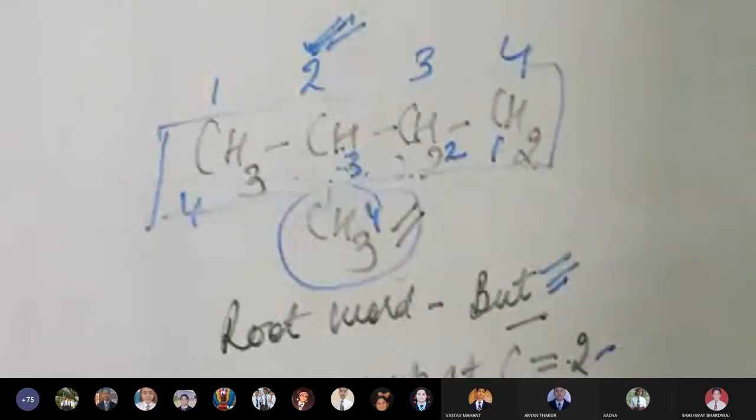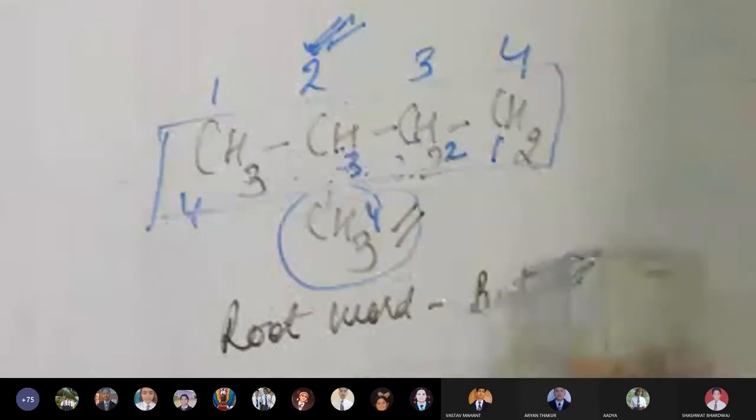Now I'll quickly tell you how to incorporate these two things in your naming. I'm going to do one example only, the first question of your exercise, just for your idea. If you don't understand, don't worry, we still have to continue studying the rules. I have told you two things today. When you come on Saturday, you have to revise this. There are various examples. Try only numbering the carbon and try only finding the prefixes.